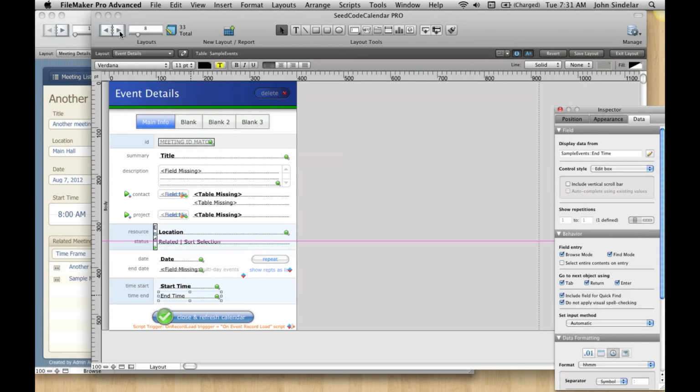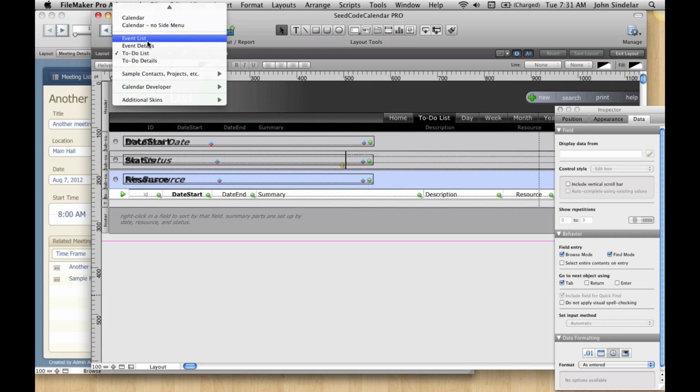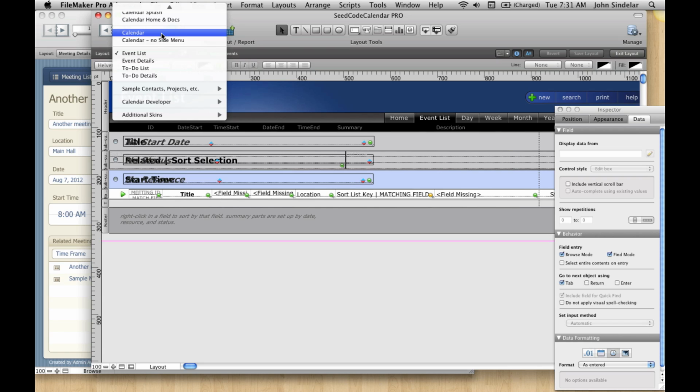You'd actually do the same thing on the event, sorry, not on the to-do list, on the event list, right? The same kind of thing where the fields for our sample events table are now pointing at a meetings table, and we need to repoint these fields. But I'm going to leave this alone for now. You'll come back here and clean this up once you're integrated. That's actually it, right? If we go back to the calendar